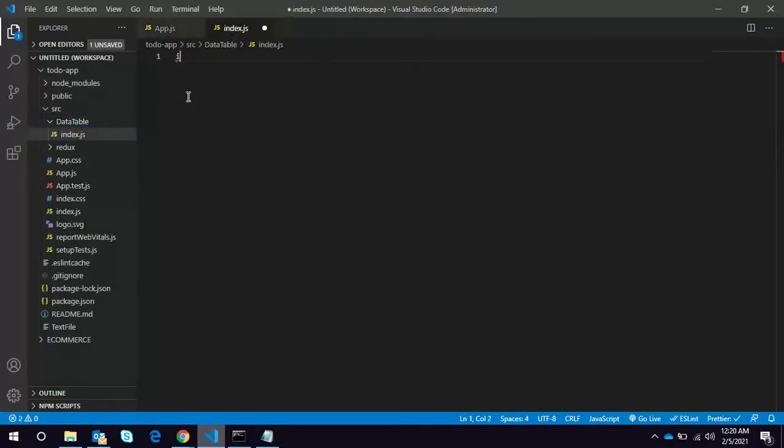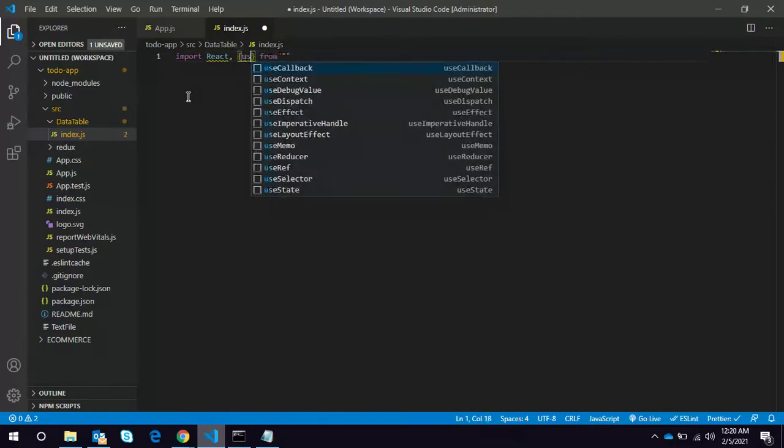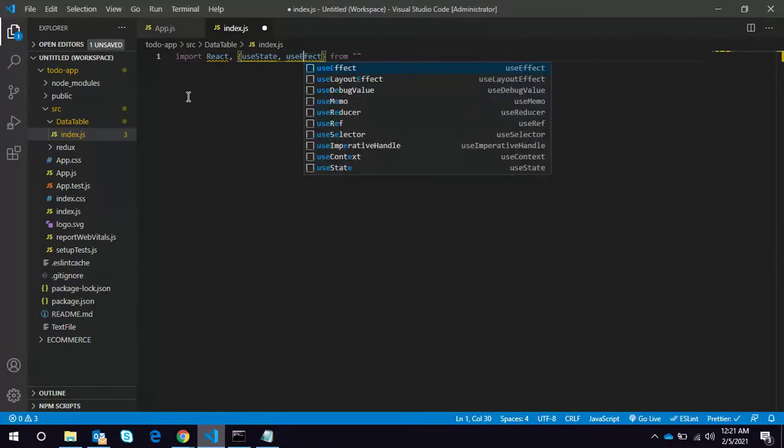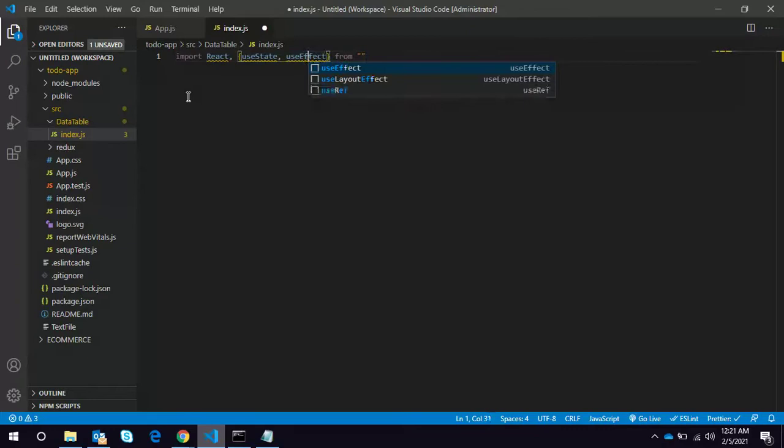So we require useState and useEffect from React.